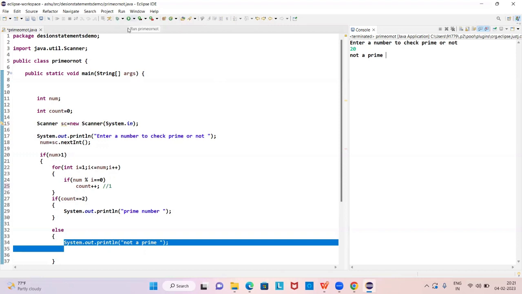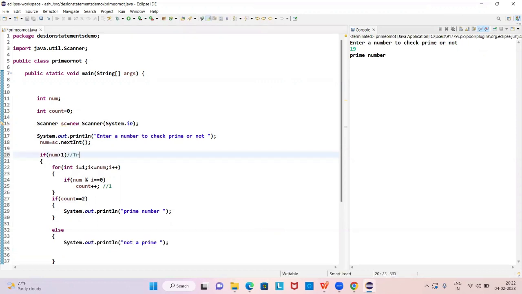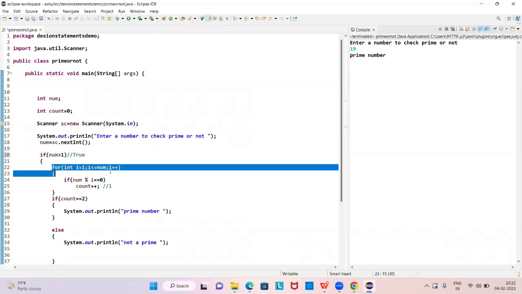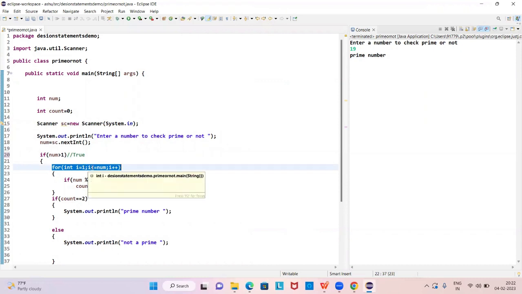Let us execute one more time and check. So here I'm giving 19, which is obviously a prime number. So we will check: 19 is greater than 1. The condition will become true here, and the control will go to this if block. In the if block, we have written a for loop. This is the initialization part, this is the condition part, and this